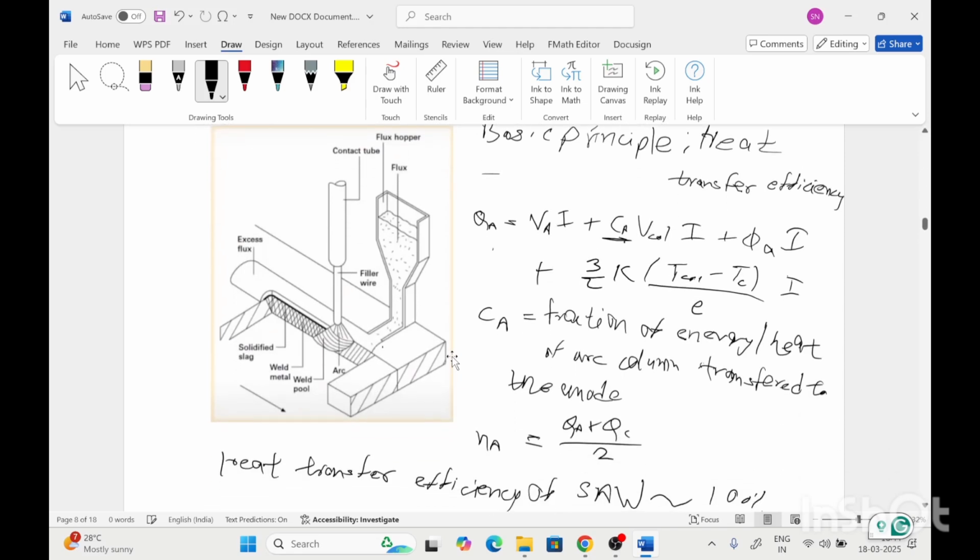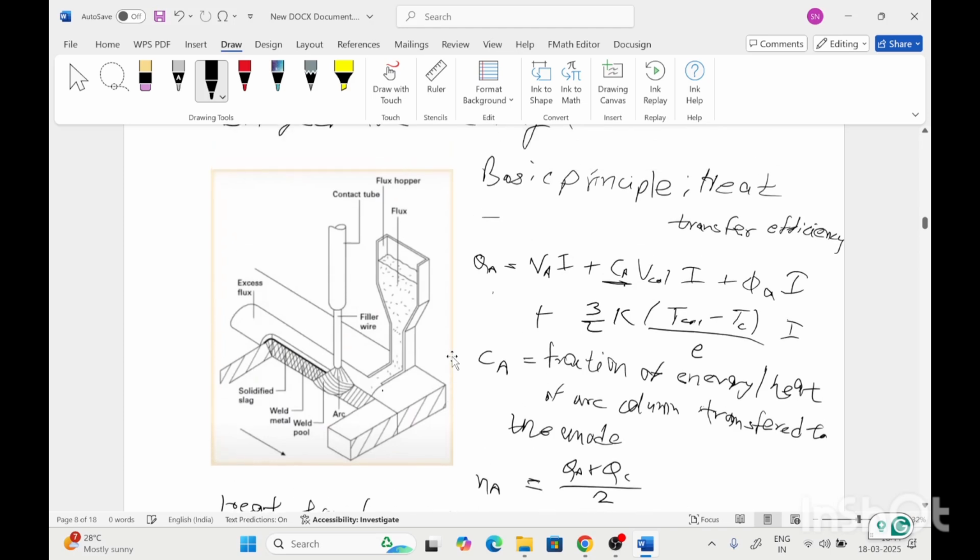If we talk about the heat generated between the filler wire and the workpiece, the workpiece here is the anode, or this filler wire. The heat generated, this equation we know from the previous lectures, can be written as